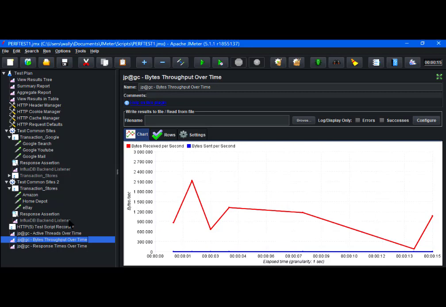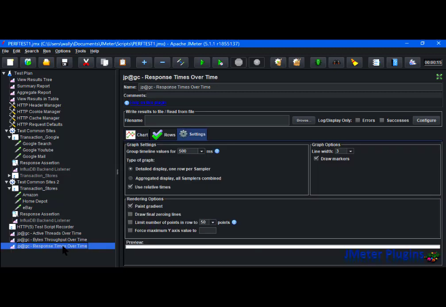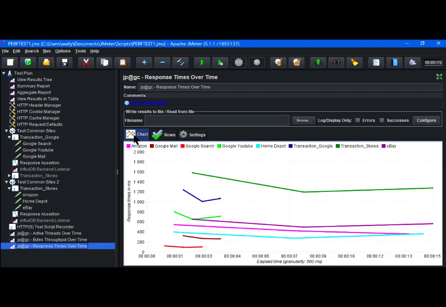Okay, and let's go to the last one. On the last one, look at the chart, and we see the response times over time. The top 2 line graphs have to do with transaction Google and transaction stress. Those are 2 that were composites of the details. So the transaction Google was the combination of Google Mail, search, and YouTube, and Home Depot,